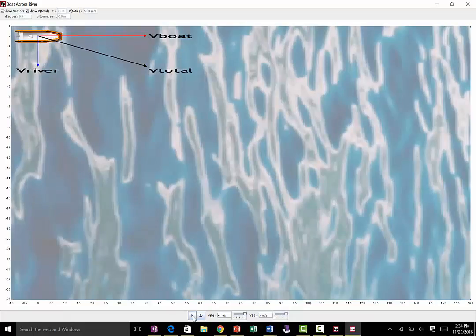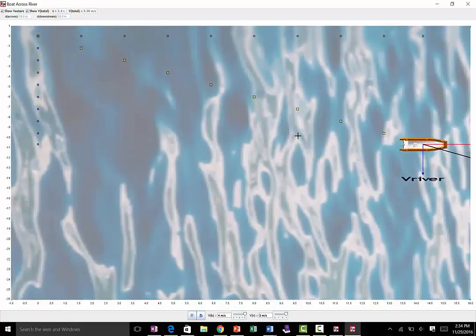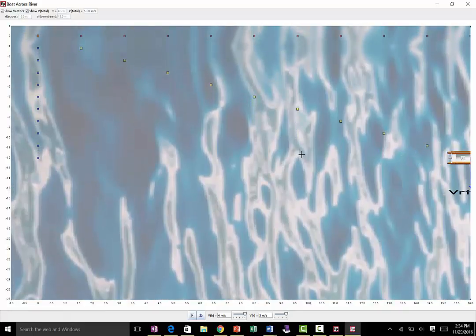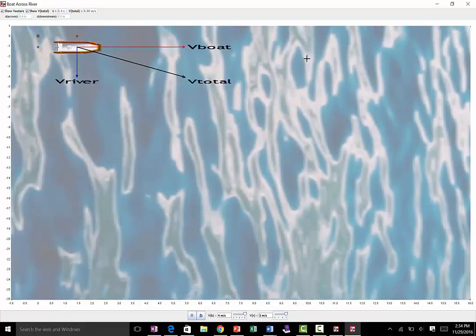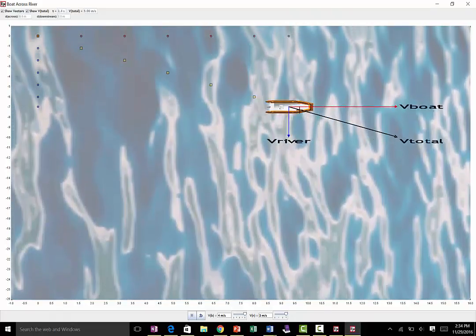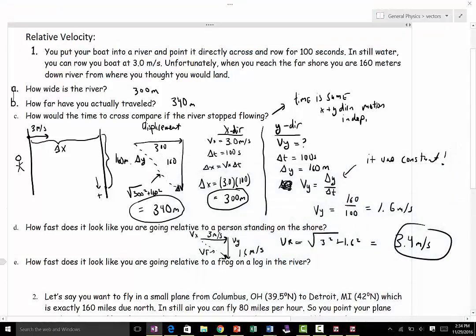So let's say I'm a frog. Let's say I'm over here in the river, right here. So here's my frog. Actually, I'll do it right here because it's a little easier to see. So from that perspective, as I follow down with the river, you'll notice that the boat was actually on the same plane with me the whole time. We'll do that one more time. So if I'm a frog in the river moving with the river, vertically I'm moving down the same that the boat's moving down. So my vertical velocity then is going to be 0